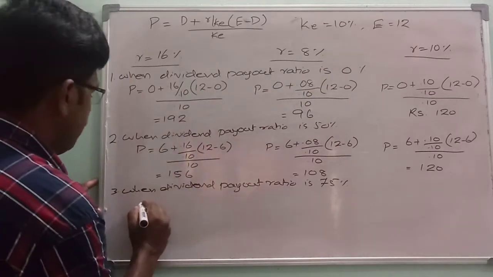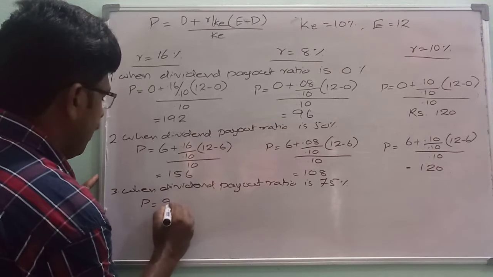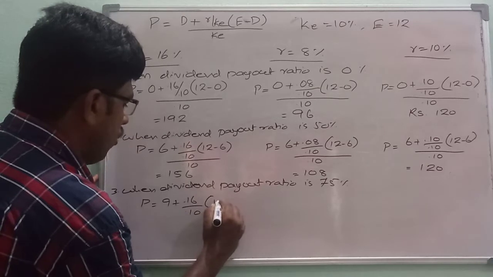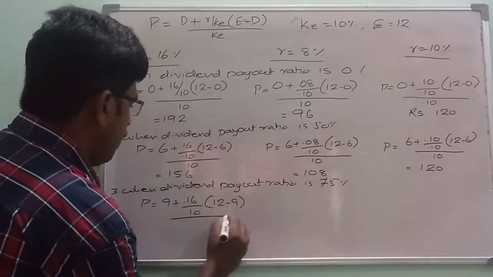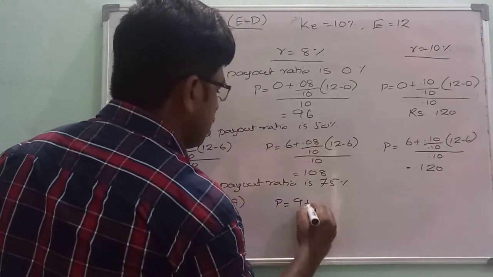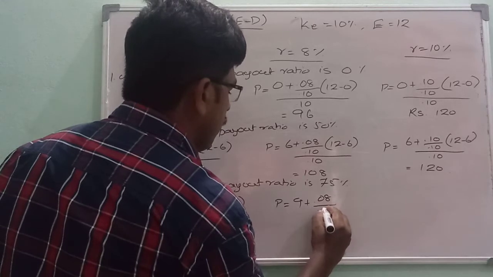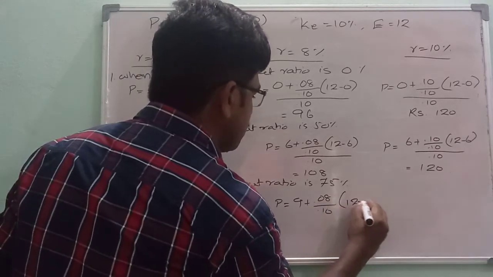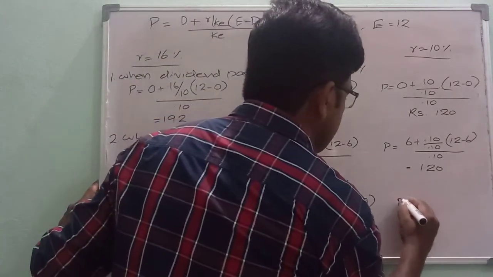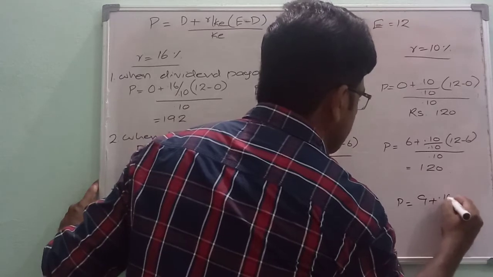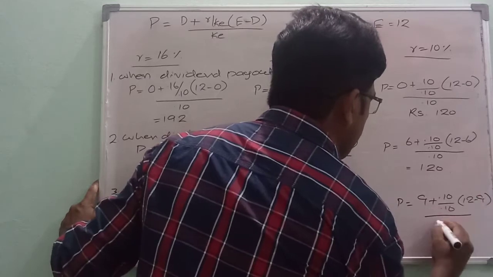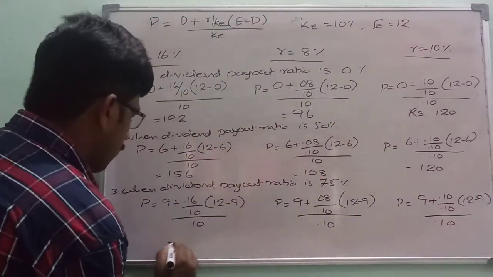9 rupees will be its dividend. P is equal to 9 plus 0.16 divided by 0.10 into 12 minus 9 divided by 0.10. P is equal to 9 plus 0.08 divided by 0.10 into 12 minus 9 divided by 0.10. Here P is equal to 9 plus 0.10 divided by 0.10 into 12 minus 9 divided by 0.10. Here it is equal to